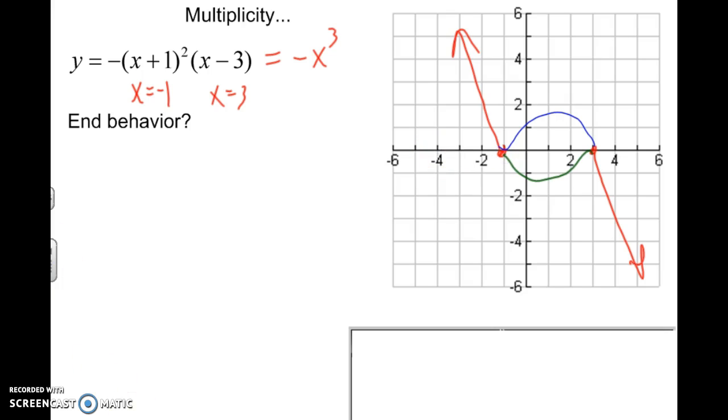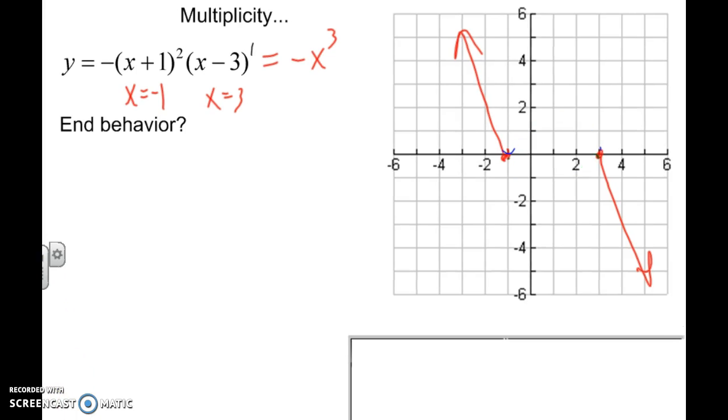One way to do that is just to plug in a point like we just did a minute ago. I'm running out of time, but there is a shortcut called multiplicity. If this is 2 or even, it's going to bounce at that negative 1. So it's going to hit negative 1, it's going to bounce up and then go through over here. If this is odd, it goes through. If it's even, it bounces. We'll talk more